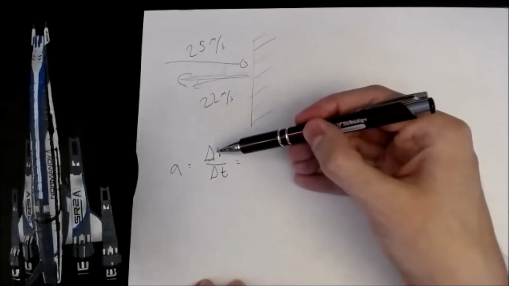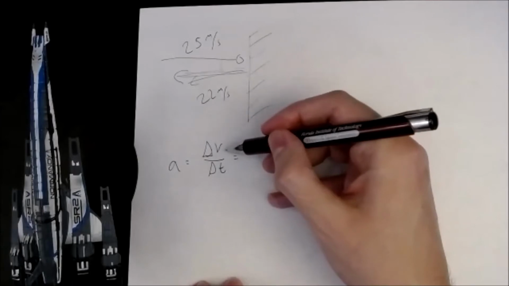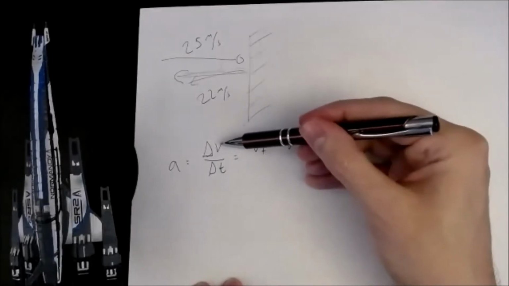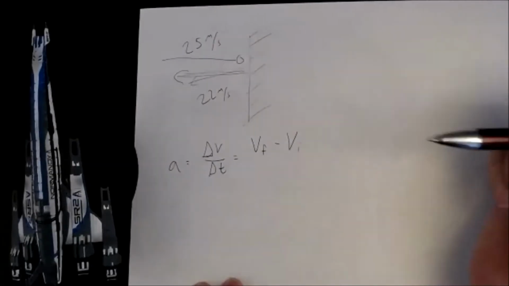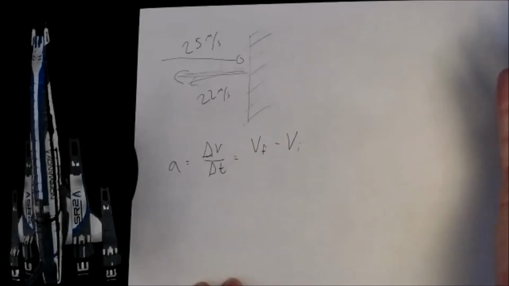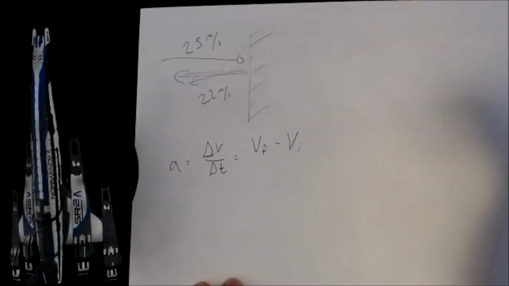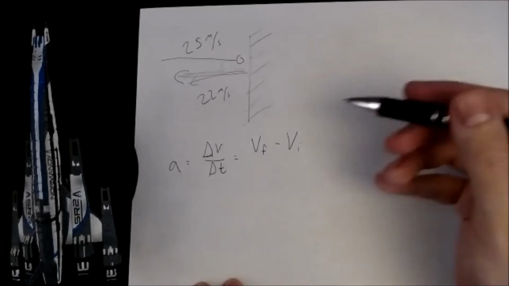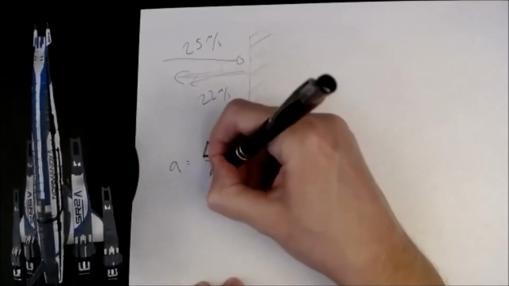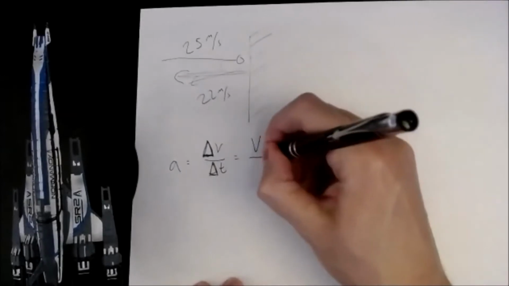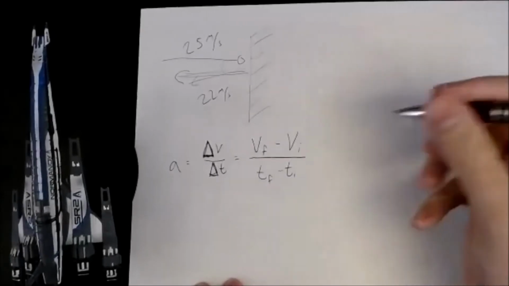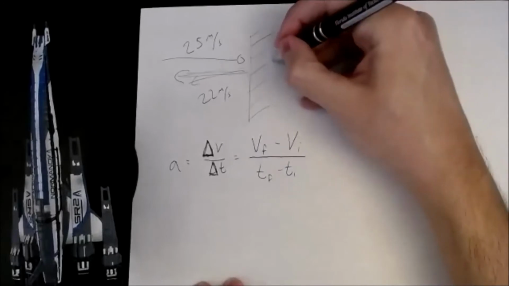One thing we're going to learn this semester is that the change in anything is going to be the final minus the initial. So the change in a velocity is the final velocity minus the initial velocity. The change in a position is the final position minus the initial position. The change in your bank account is your final bank account minus your initial bank account. This triangle is a delta, and delta means change in. And that's over the change in time, which is t final minus t initial, but we don't actually know when any of this happens. We just know that it takes 3.5